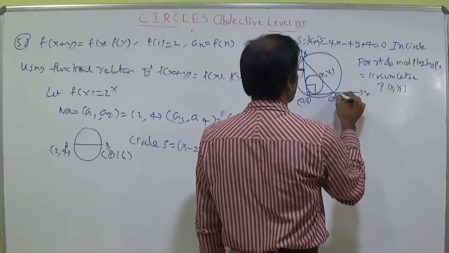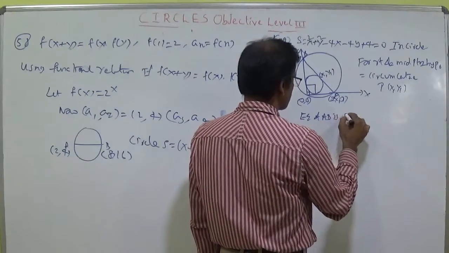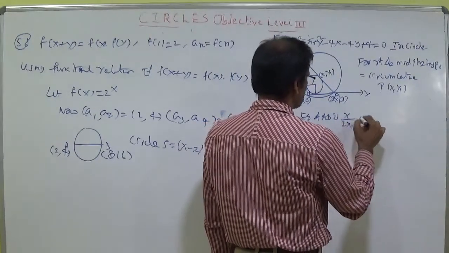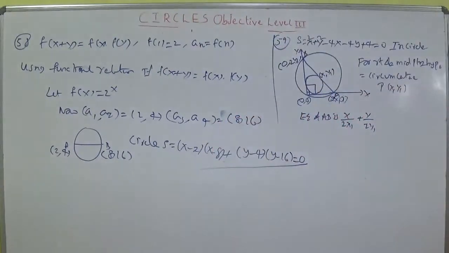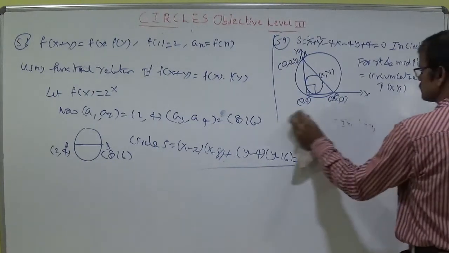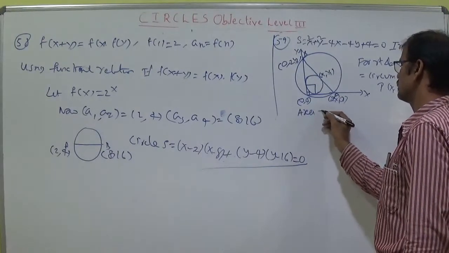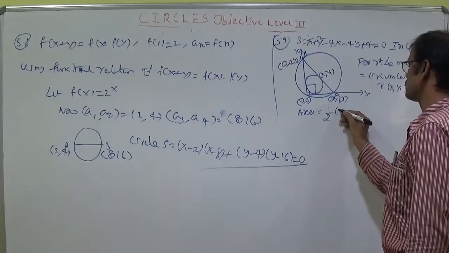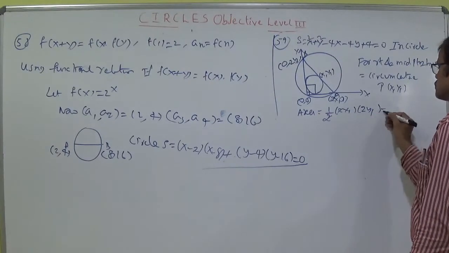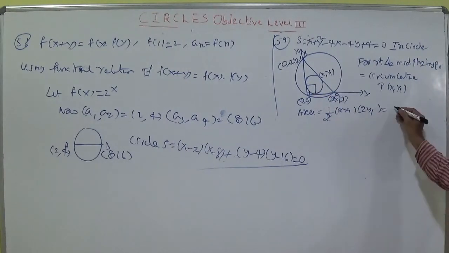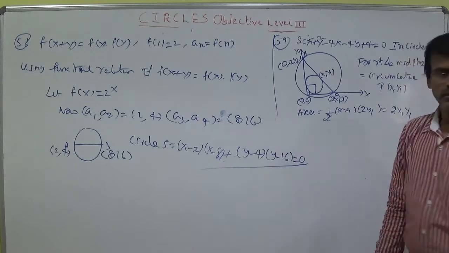Put here B comma A. Now you can write the equation of AB. The equation of AB is x by 2x1 plus y by 2y1. No need. Let us discuss with area. Now this is the part 2x1. Area I am writing. Area is equal to 1 by 2 into 2x1 into 2y1. Let the 2 get cancelled, because this is the half into base into height concept. So 2x1 y1, I am writing, is the area.